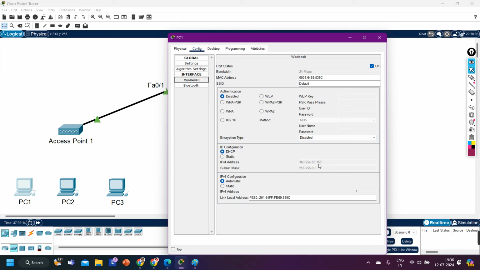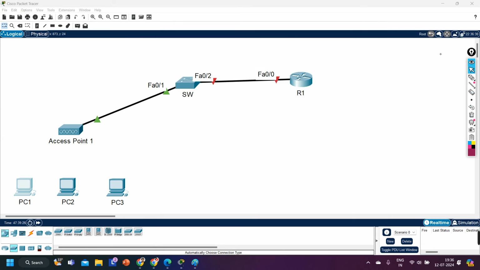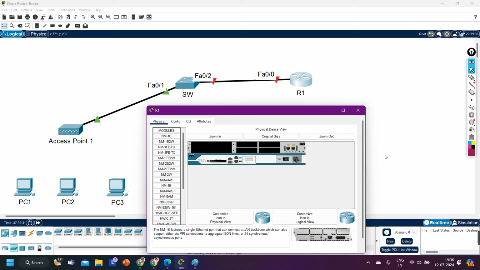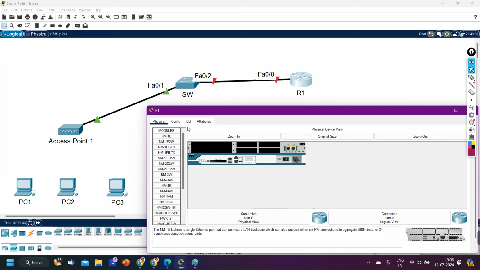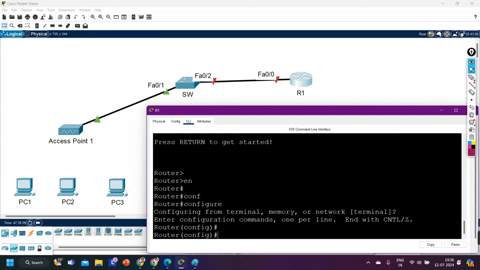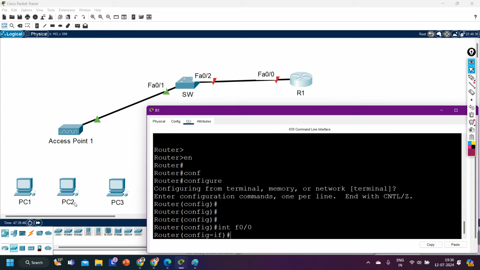169.254.83. Where is my pin? Yes, this one. So right now DHCP is not there. So what I am going to do is set up one DHCP server. Let me enable the DHCP service on this router. So go to config mode and first let me configure F0/0: enable, config t, interface F0/0. See, right now if DHCP is not there, this machine can connect with the AP, but it will not